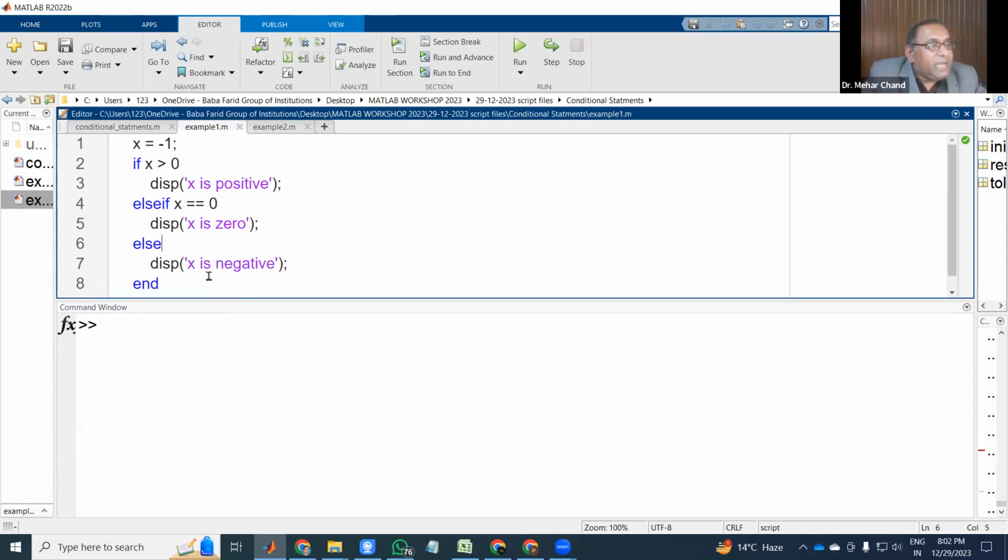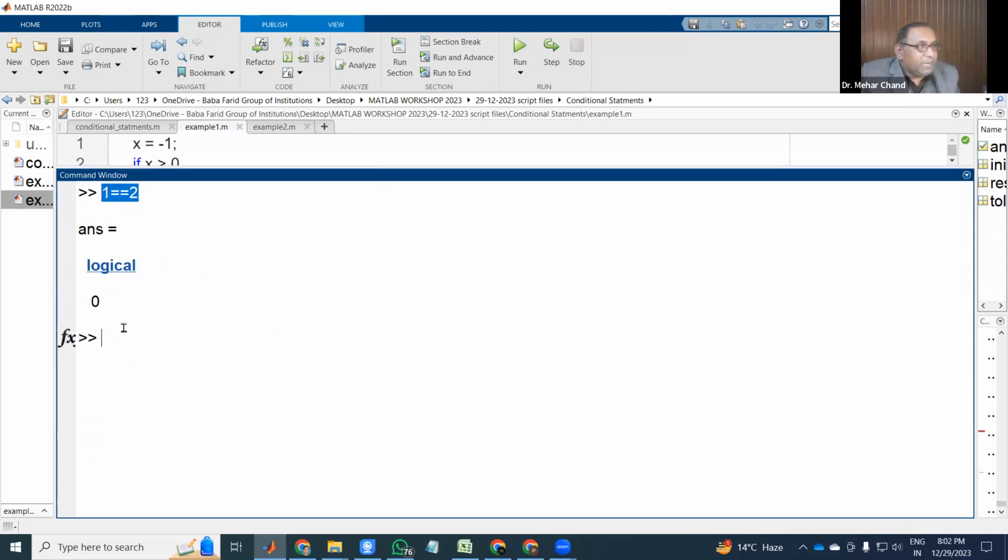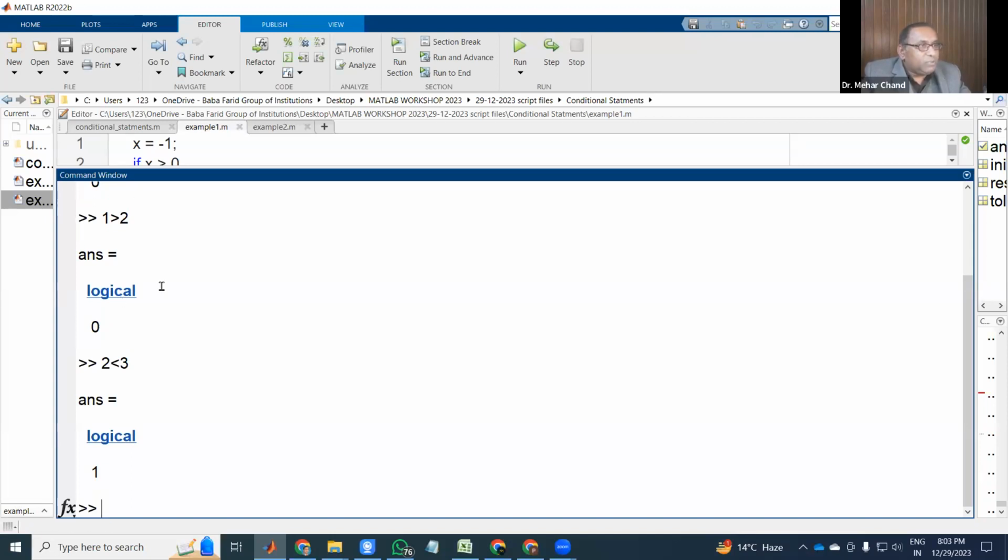so there are logical operators. You can check here: 1 double equal 2. Now in MATLAB, double equal is the logical operator, 1 equals 2, and when you enter, logically this is not true. Here is 0. It means logically this statement is not true. Similarly, 1 is greater than 2, and when you enter, logically it is again false. And 2 is less than 3, and when you enter, it is 1. So less than and greater than are all logical operators, and